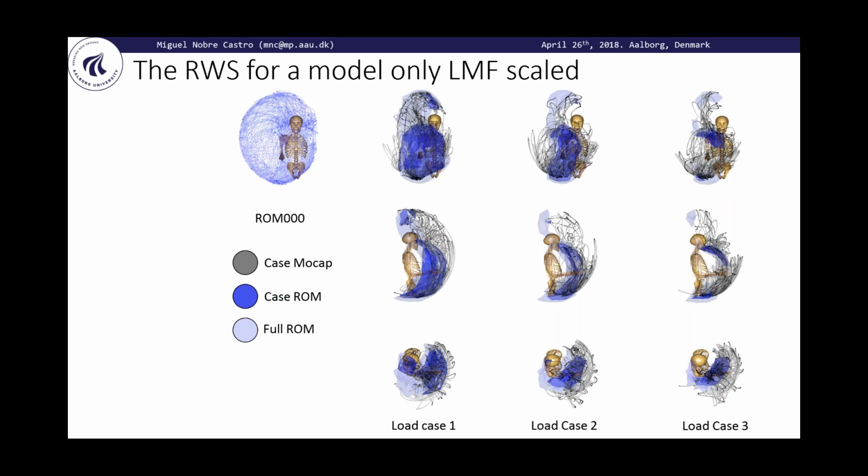In black, the black dots that you see here are the real motion captured points that were collected before, as I explained. And what we did was to use those in the, as you can see, dark blue colored shape volumes. We use those to generate the reachable workspace from the modeling perspective. And as you can see, as load increases, the volume is really compromised. So it gives us the impression that the models are very weak compared to our real subjects, as these clouds are not able to fit within the black dots that were the real motion capture